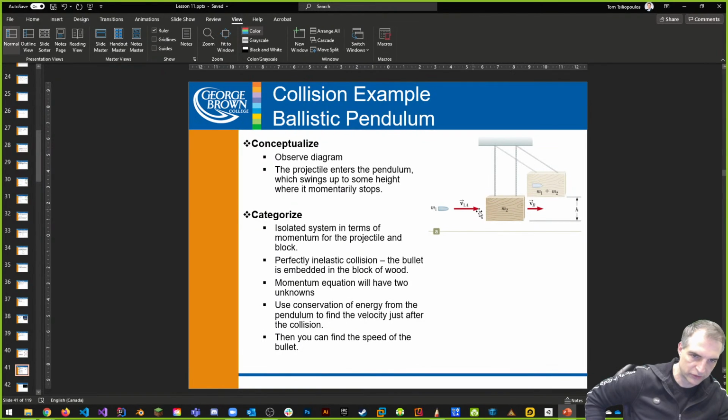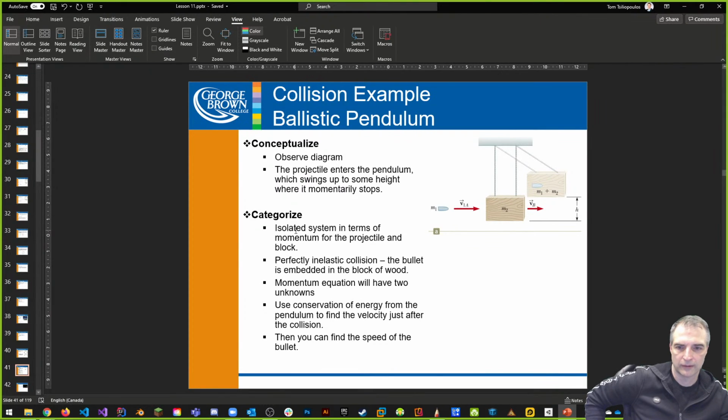In your mind, what kind of system is this? Is this elastic or inelastic? What do you think is going to happen? Before you read on, what do you think? The bullet is entering the pendulum. So I've got a block of wood, and the projectile is entering the block of wood. Unless it exits the block of wood, and even if it does, what do we have? We could have an inelastic collision, because it's going to be a composite system at the end. Let's take a look if we're right.